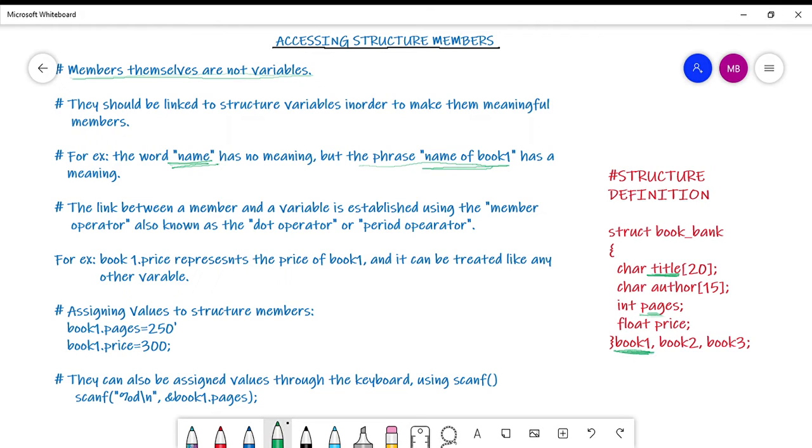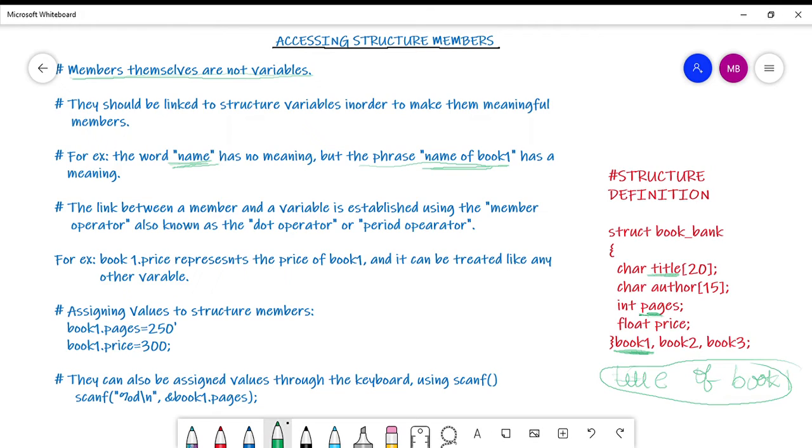So title, title of what? Title alone does not make any sense. But when I say title of book 1, now it is making sense that I am talking about the title of book 1, right? So members themselves have no meaning unless they are linked to the variables.